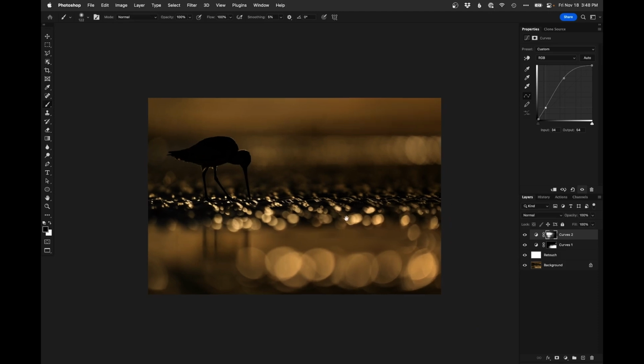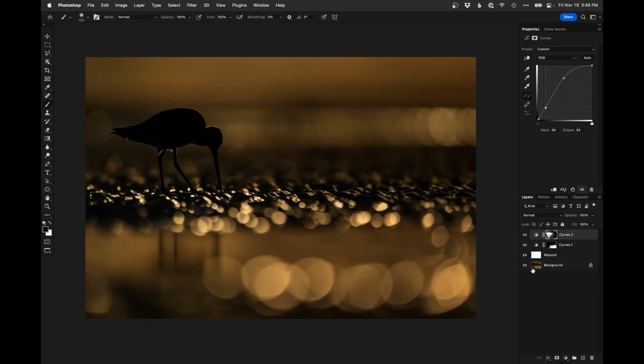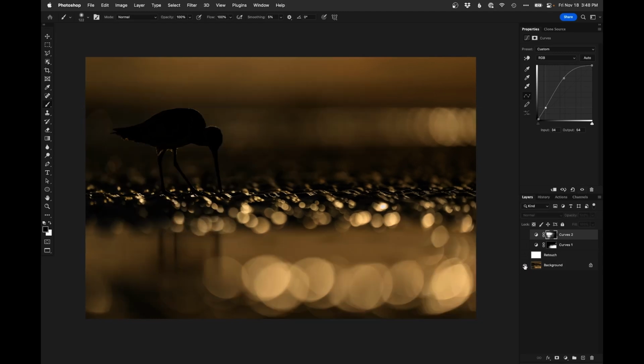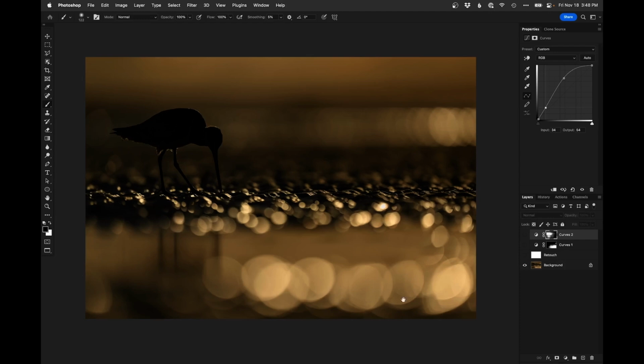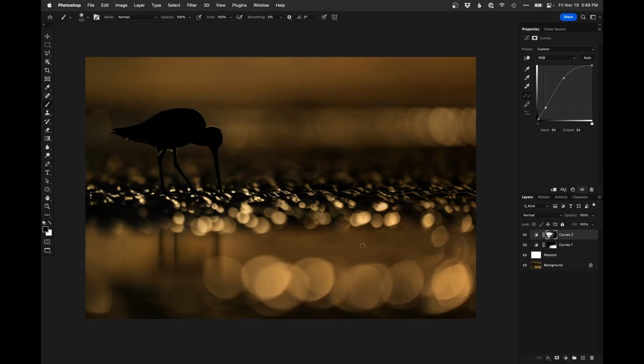I want you to watch the overall image here and notice this. I'm going to turn off everything. So there's total before and the after. Before. Notice how this is just the brightest, most dominant area of the photo. It's really pulling attention. And then when I do this, it kind of subdues. It's still a very dominant part of the image. I'm not trying to say it's not, but it definitely shifts my attention,